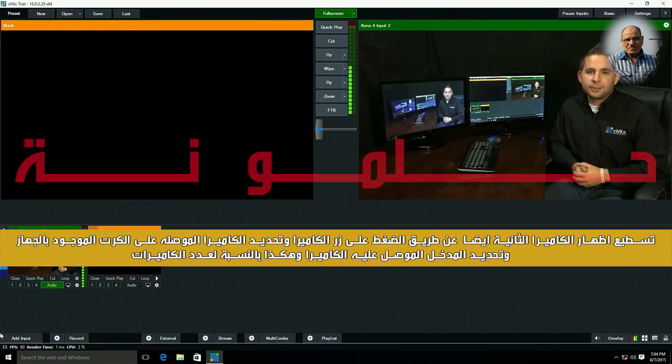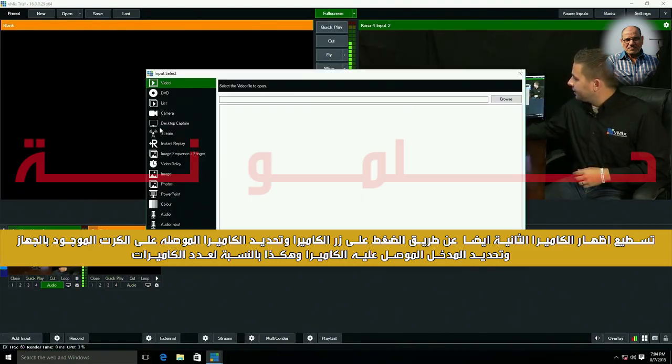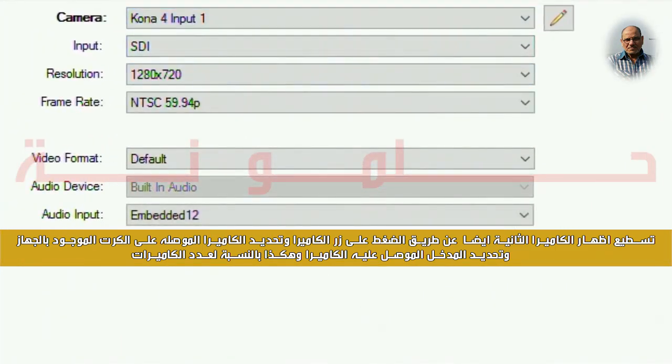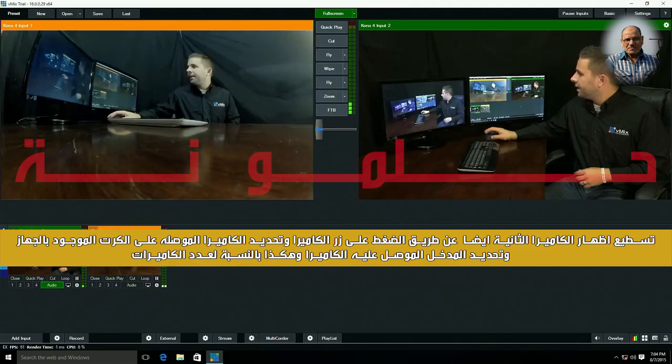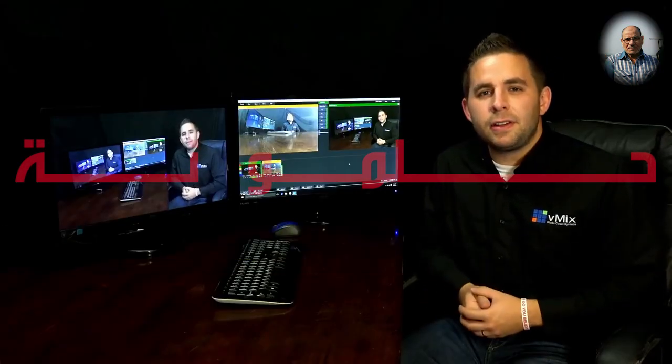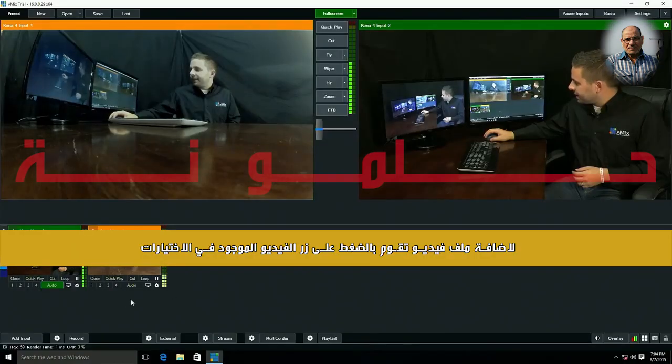Let's add a second camera. I'm going to click Add Input again, Camera, and this time I'm going to select input number 1 and hit OK. Now we can see we have a second camera in our vMix session. Now let's add a video file. Again, let's click Add Input